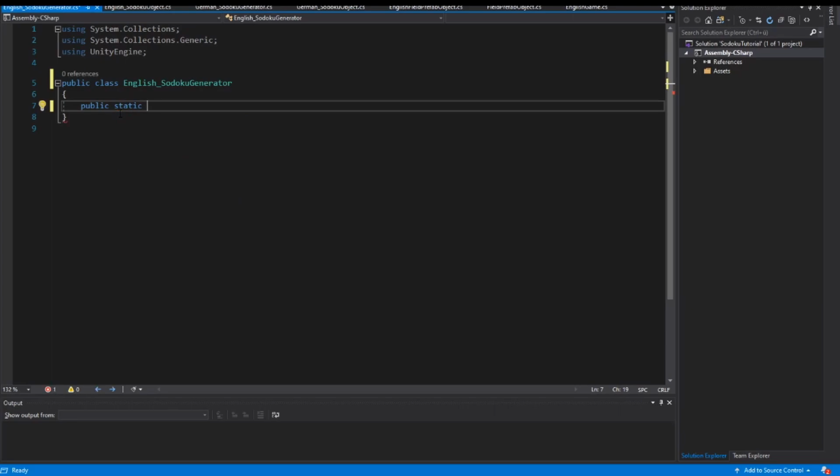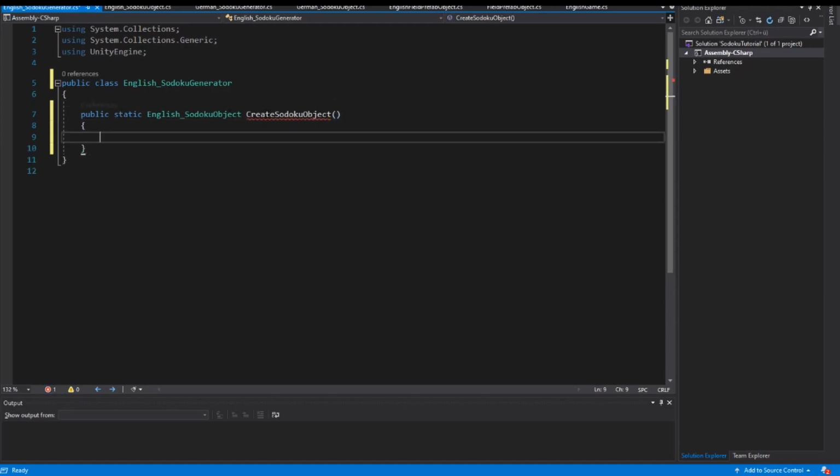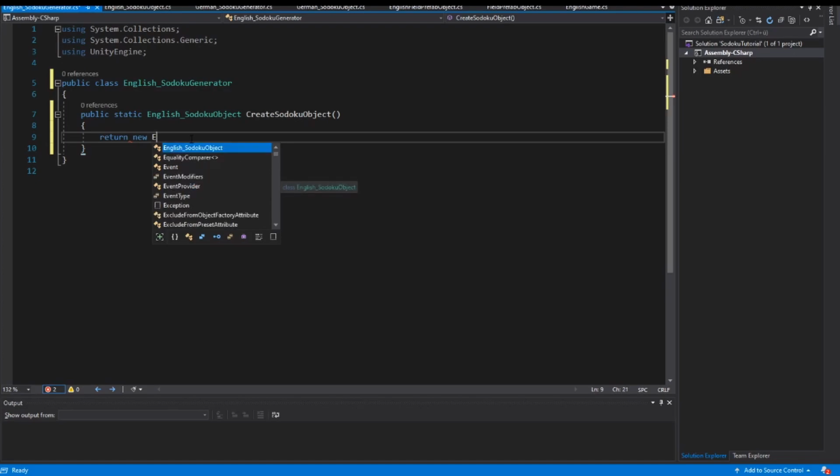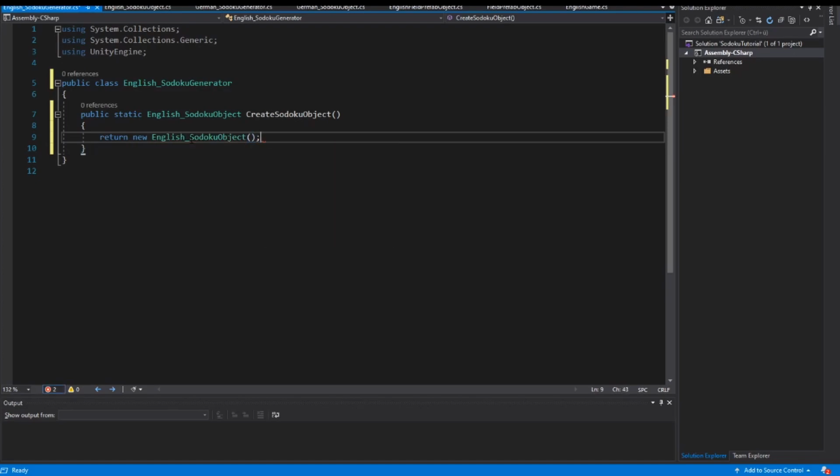method which returns me an English Sudoku object, and I call this method CreateSudokuObject. And I have to return a new English Sudoku object. So I save the script here